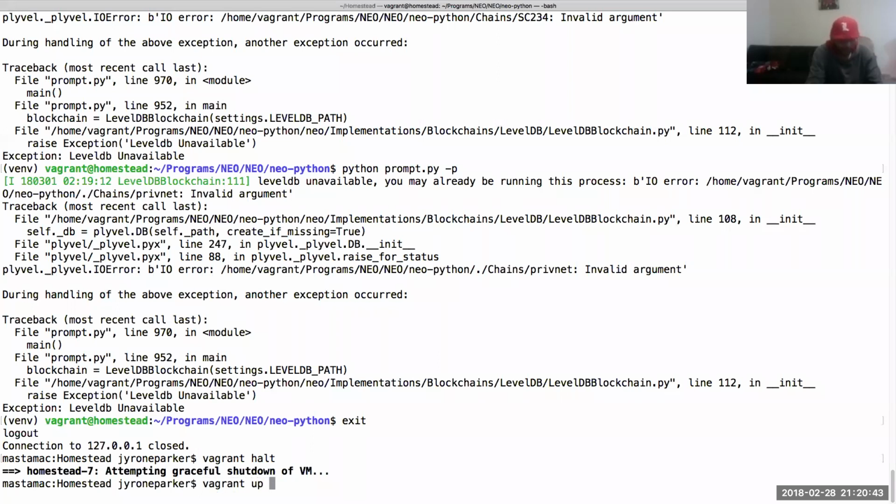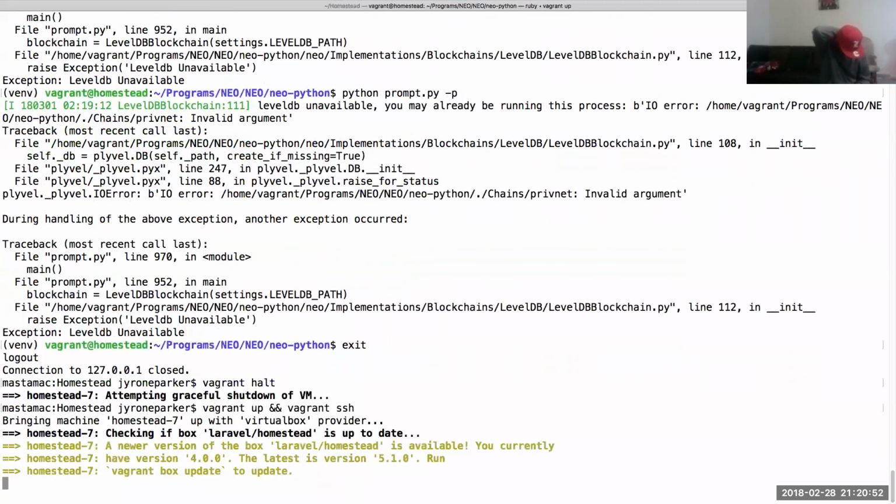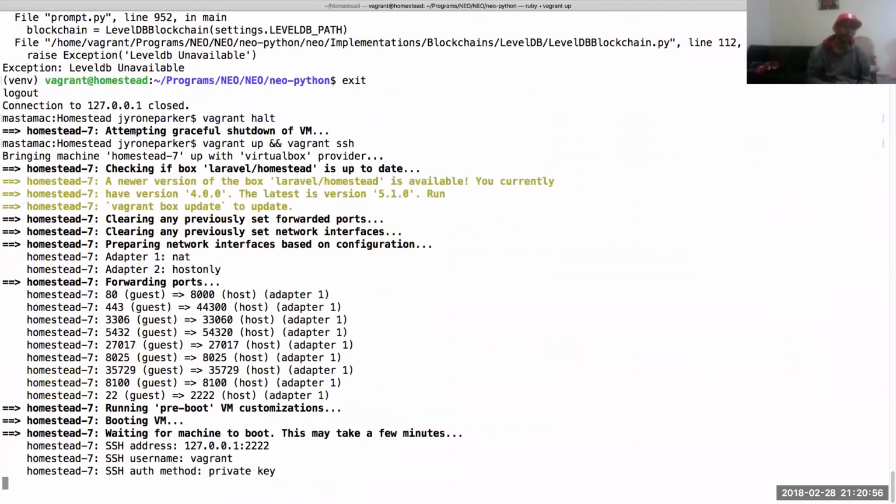Let's Vagrant up and Vagrant SSH, and we're gonna restart the virtual machine. I think I realized what the problem was. I was in the wrong folder, and that file got corrupted.